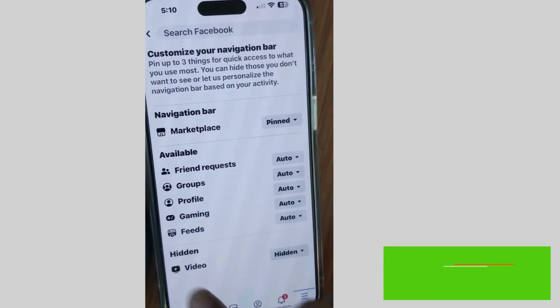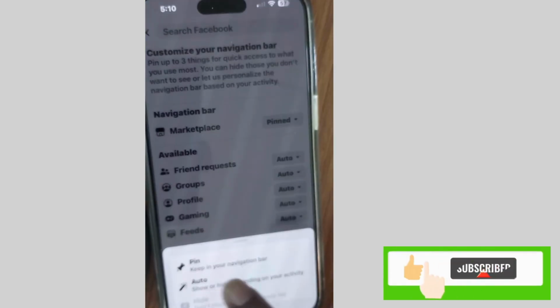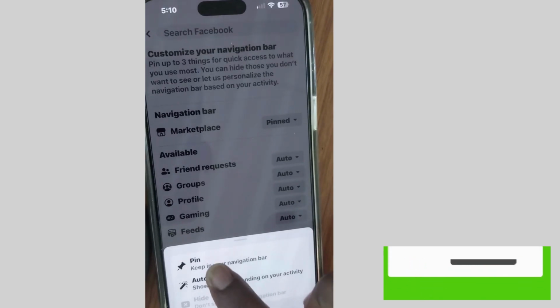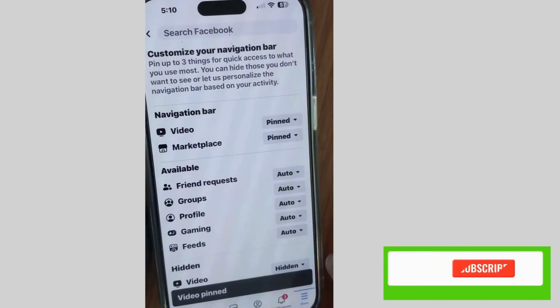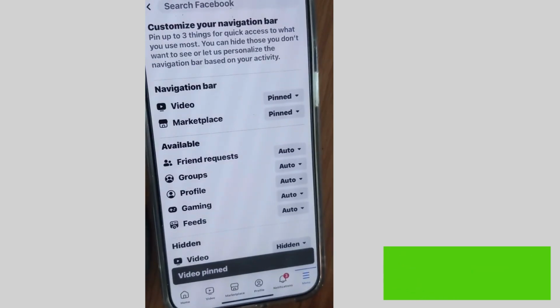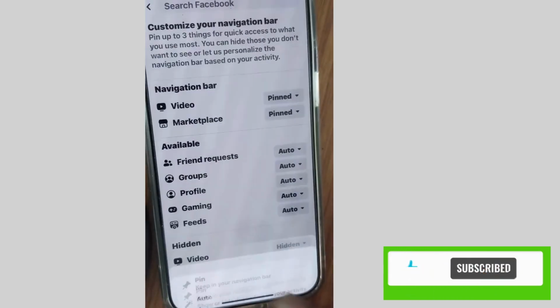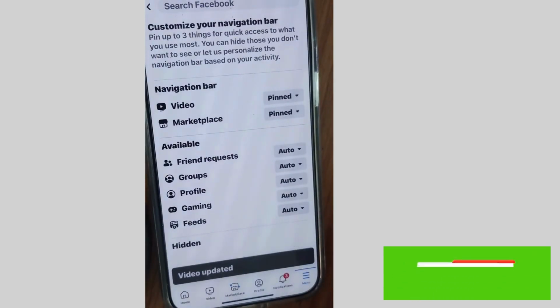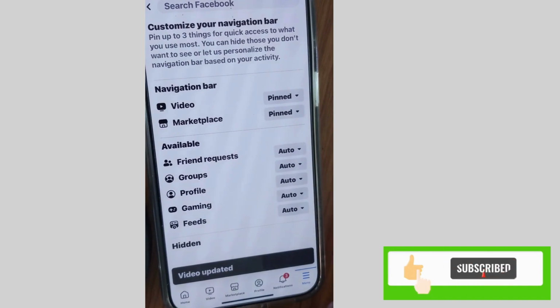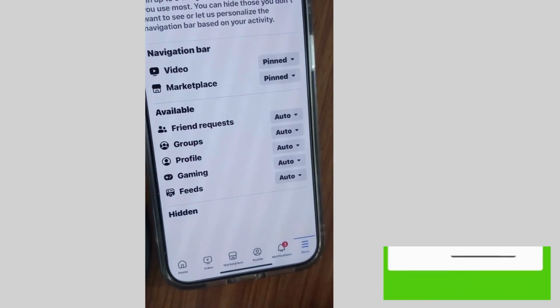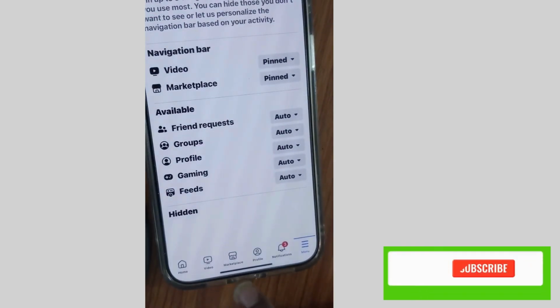and here go to the video section. This will be hidden. So first choose pin. Now video is pinned to your Facebook taskbar. You can easily see the video icon show and also set as auto. Now